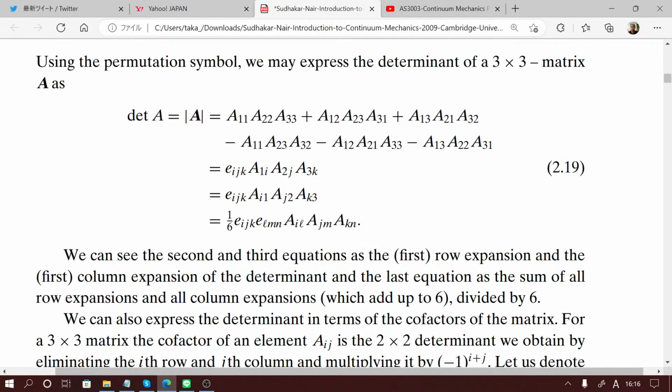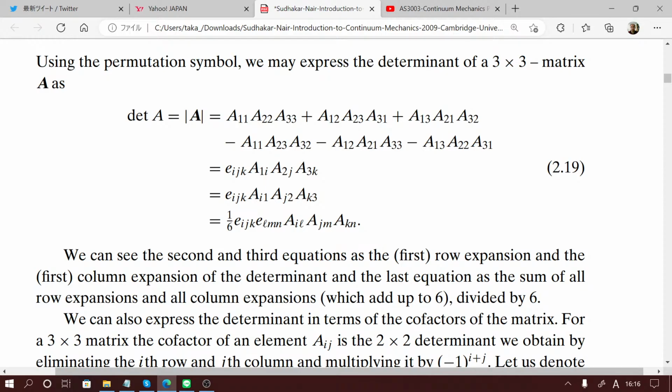Using the permutation symbol, we may express the determinant of a 3 by 3 matrix A as A11 A22 A33 plus A12 A23 A31 plus A13 A21 A32 minus A11 A23 A32 minus A12 A21 A33 minus A13 A22 A31, which is epsilon ijk